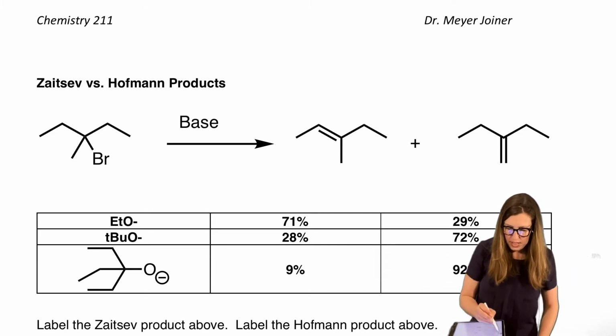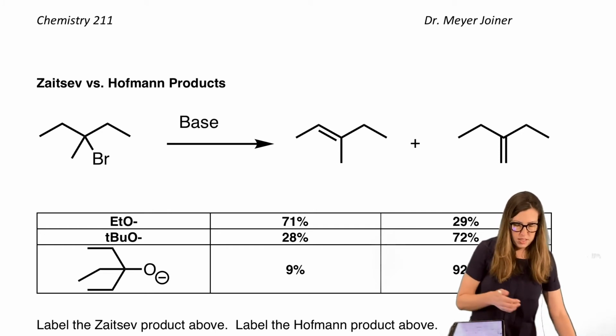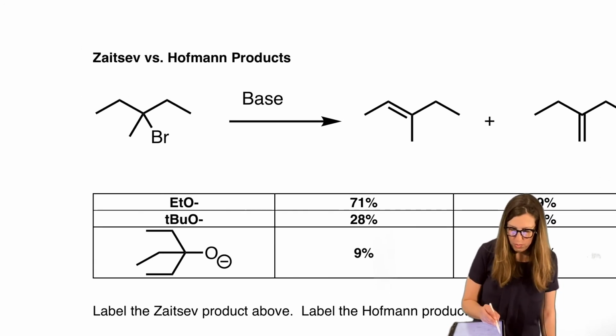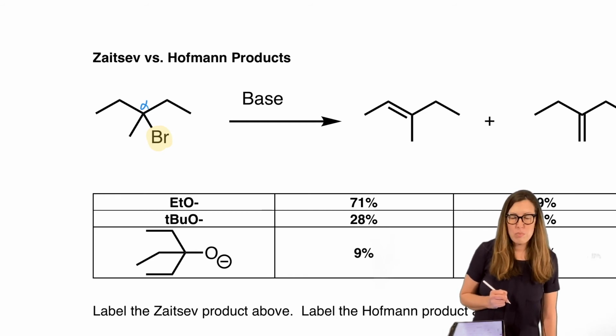What makes this have a little more complexity? Well, let's do what we'll always do when we know we're going to do an elimination. Find your leaving group. We can all do that. Bromine. Find the carbon attached to the leaving group. Who's that? That's alpha. Label all carbons attached to alpha as beta.